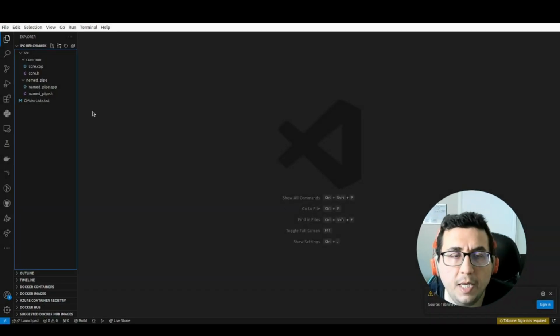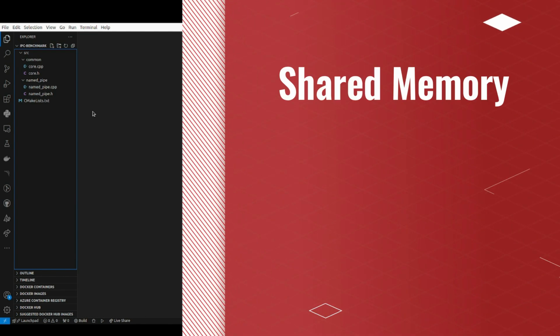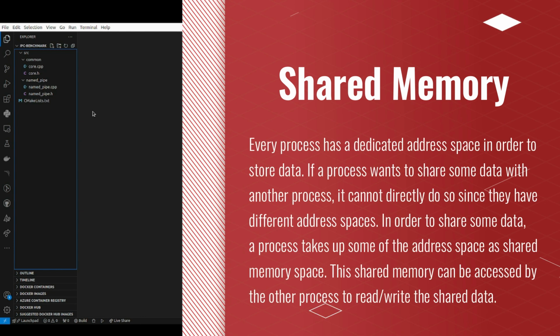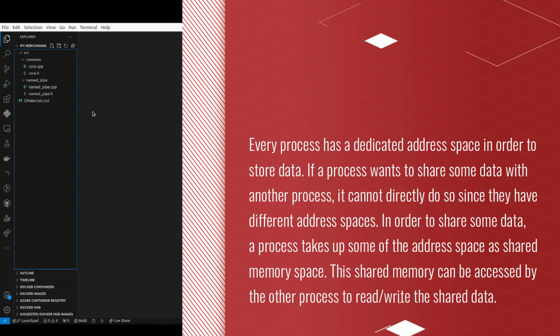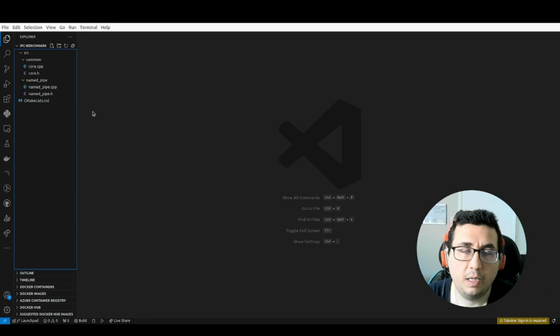Okay, so today we are going to implement the next part, that is shared memory. Shared memory basically is a block of random access memory that multiple processes can connect to and write or read from. Why are we using that? Because the overhead for accessing this part of the memory and reading and writing it is much lower than the other